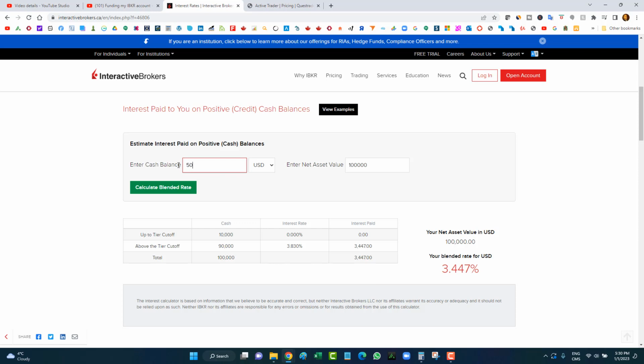Now let's say we had 50,000 cash, but 100,000 net asset value, you're getting 3%, okay? What if I had 150,000 net asset value? I'd be getting still 3%. So what if I have 120,000 cash? I'd be getting 3.5. What if I have Canadian? 3.32. So this is the second reason why I want to switch to Interactive Brokers,